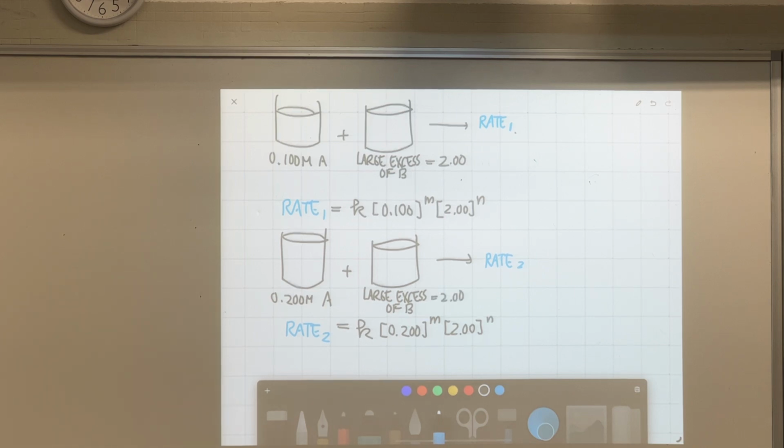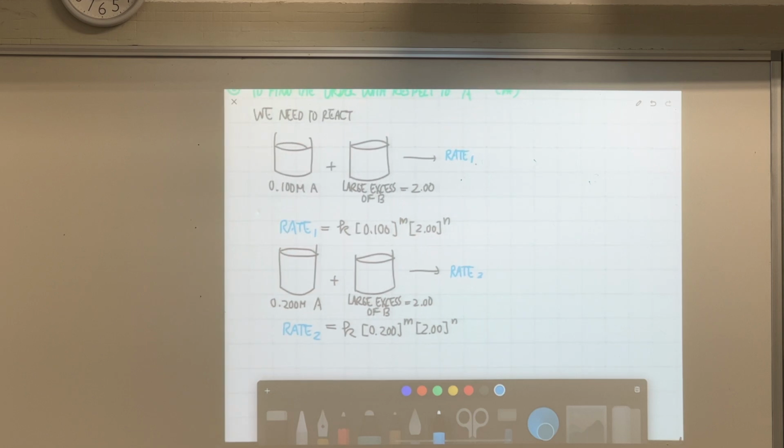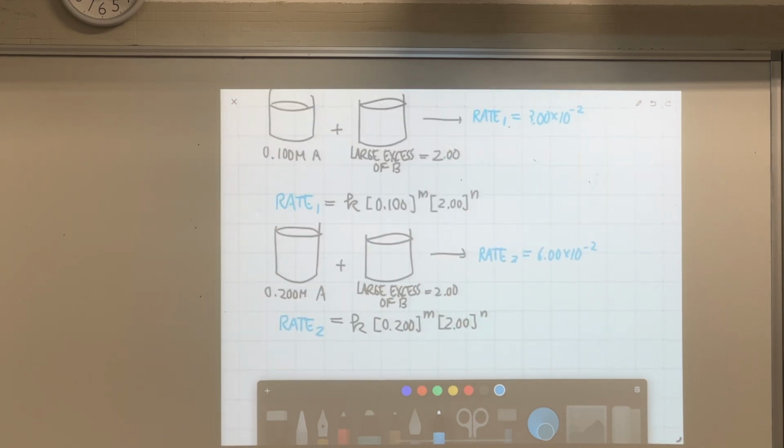Can you now solve for m? Yes. Okay. So let me use the numbers you see from here. Maybe I'll give you a number like 3.00 times 10 to the power negative 2. And this is 6.00 times 10 to the power negative 2. So what would m be if you solve for these two equations? Let's call this equation 1. I know this is very math intensive, but you have to